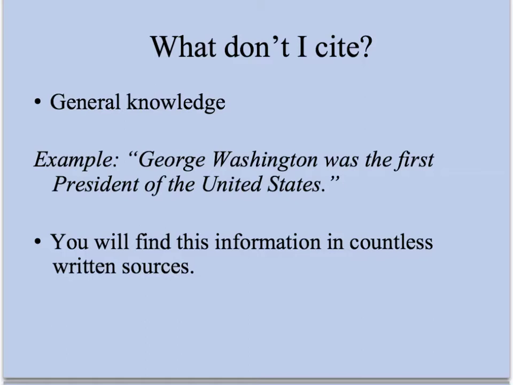The first is general knowledge. There's a fairly simple example of that here on the screen in front of you. But you can probably take a moment to think of other examples of general knowledge, or what's sometimes called common knowledge. Things such as there are 50 states in the United States. Albert Einstein developed the theory of relativity. In 1492, Columbus landed in what is today considered the Americas. These sorts of general facts that you'll find in almost any source, from an encyclopedia, maybe even a dictionary, certainly a biography, there's no reason to cite these in your paper.